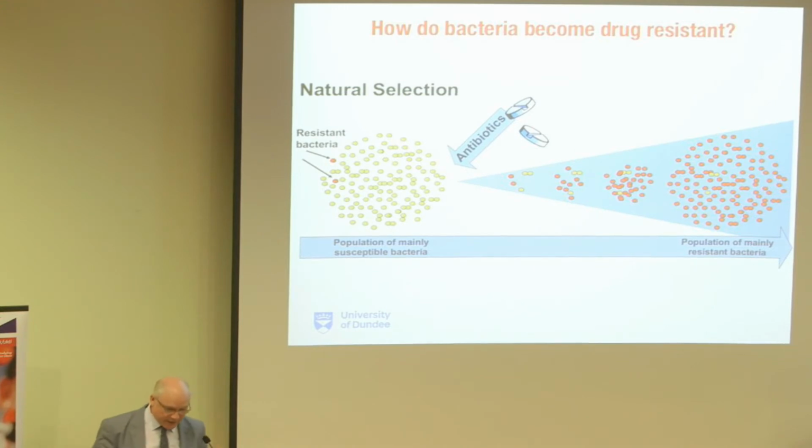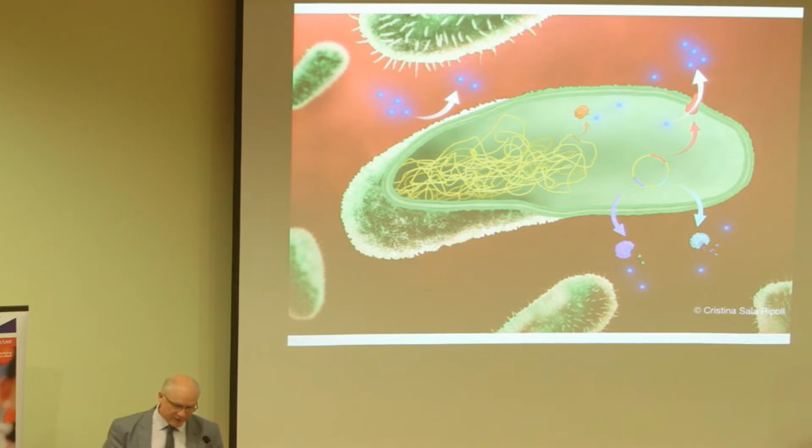So it's a really simple problem that we have with bacteria. There are many different ways that bacteria can be resistant to drugs. Some bacteria simply don't allow the drugs to get in the first place. A lot of so-called gram-negative bacteria fall into this category. Some bacteria secrete proteins which either bind the drug and inactivate it or break the drug down into harmless little pieces. In some bacteria, the drugs get inside the bug, but the bug pumps them straight back out again. This is a major problem, efflux mechanisms. So there are lots of different ways that bacteria can become resistant to antibiotics.